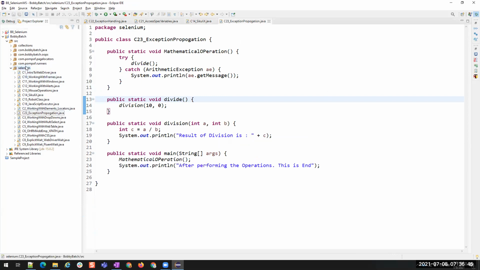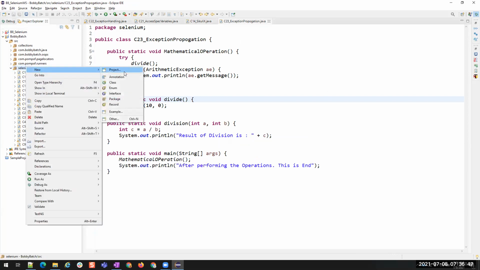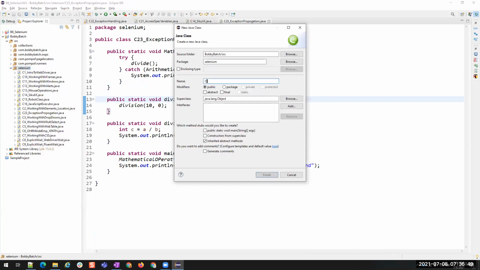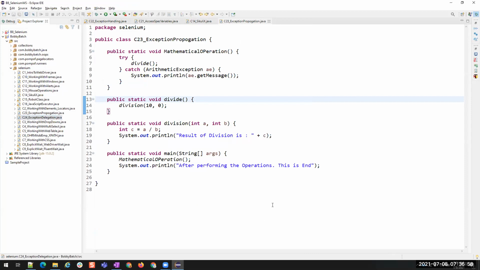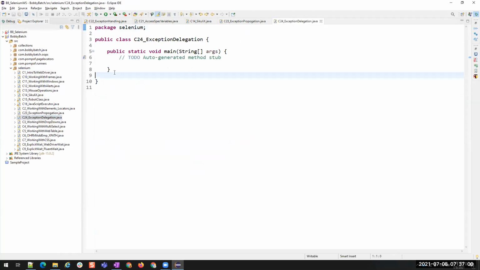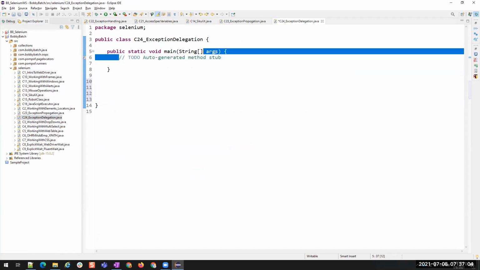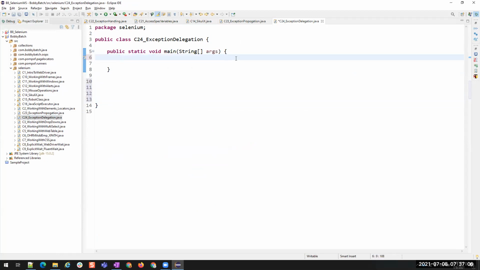All right, I'll create a new class. Method. So actually I'm writing this method in the same class, but you can have the methods in other classes as well. Just for easy understanding, I'm writing the methods in the same class.